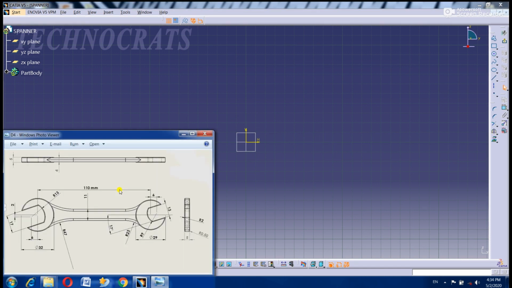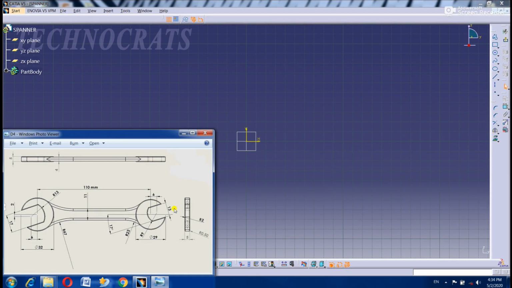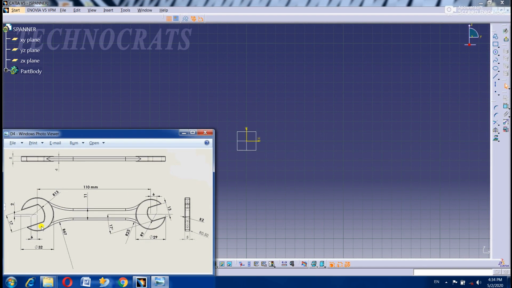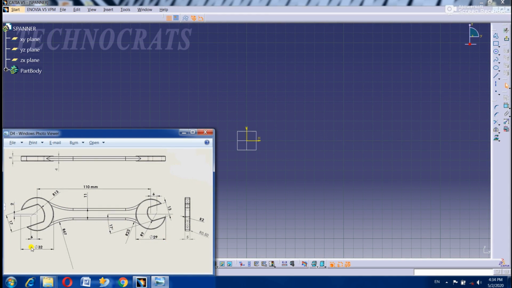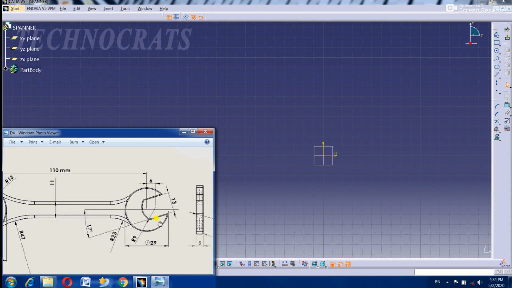Now from where do I have to start? First of all I have to sketch this part and this part. I can sketch at the same time this circle or this circle also, right hand side part and left hand side part. So I am starting. First of all see the dimensions.